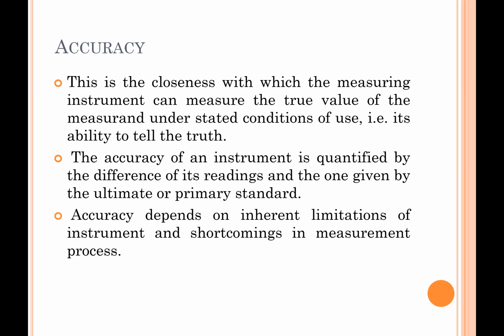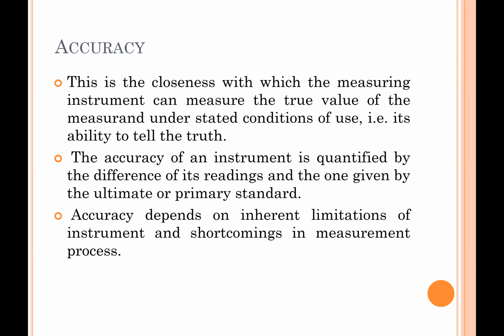So if your measured value is as close as possible to the actual value, we say that this device or the system is very accurate. The accuracy of an instrument is quantified by the difference between its readings and the one given by the ultimate or the primary standard. Now, accuracy measure करने का सिर्फ एक ही तरीका होता है,